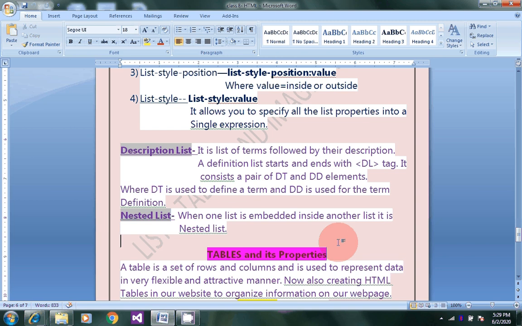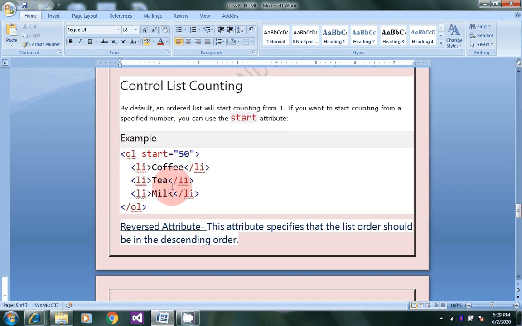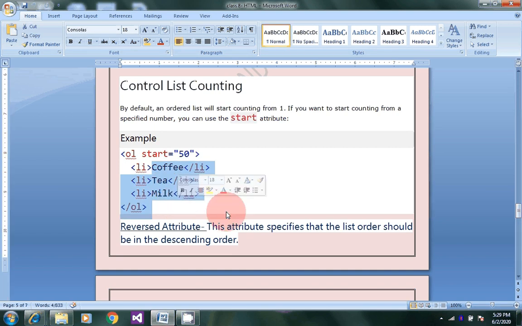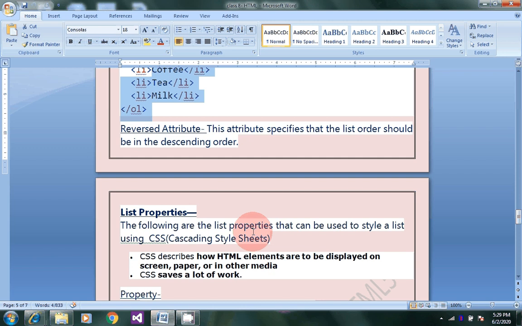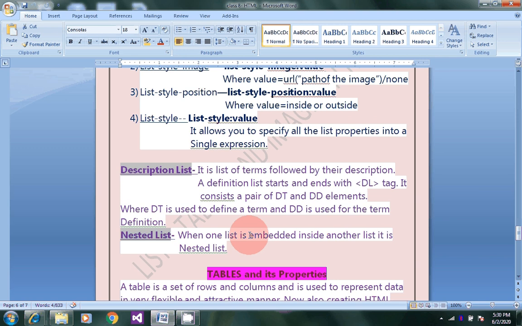So all of you see, when you see the above list, coffee, tea, milk. Okay, so this is an ordered list, and if you add some more list items in this list in the form of 1, 2, 3, in place of bullets you use 1, 2, 3 or Roman numbers. So the mixture of the ordered list and the unordered list, when an ordered and unordered list can be nested into each other, this is called a nested list.